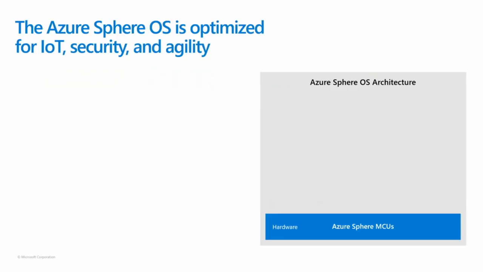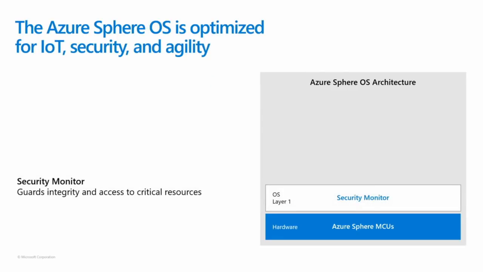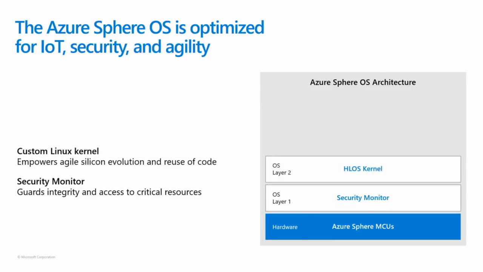So let's talk a little bit about the operating system. At the bottom, we're running an ARM processor. We're running in TrustZone. In TrustZone parlance, in secure world, we have a security monitor that protects access to resources. All those silicon countermeasures I talked about are programmed from secure world. They can't be set from normal world.